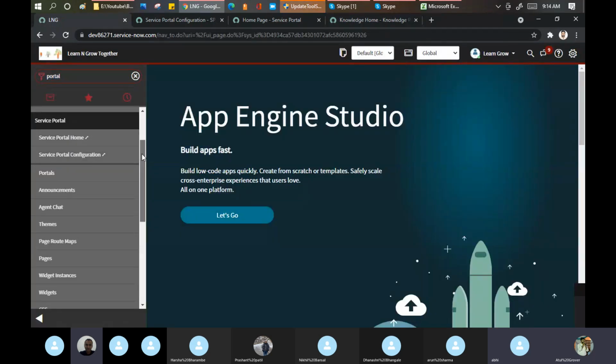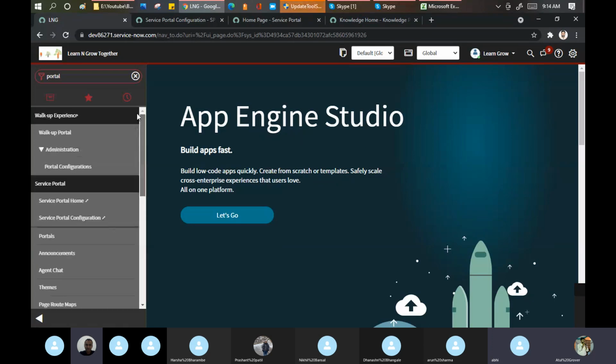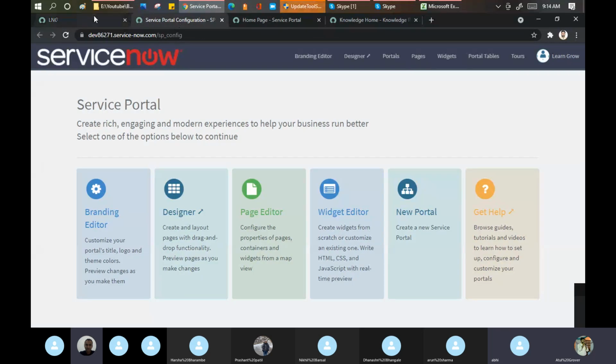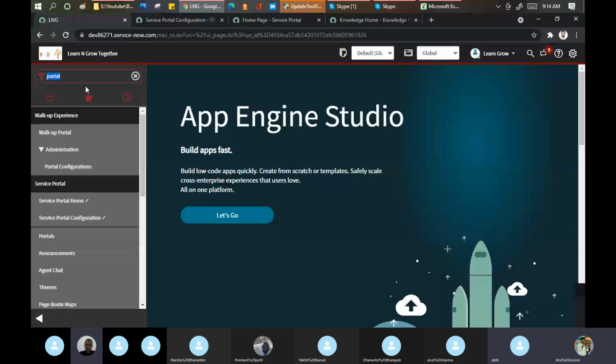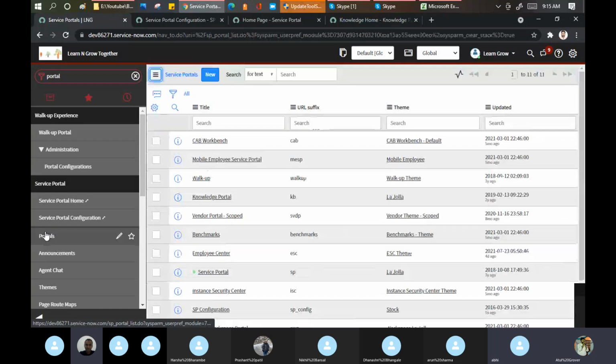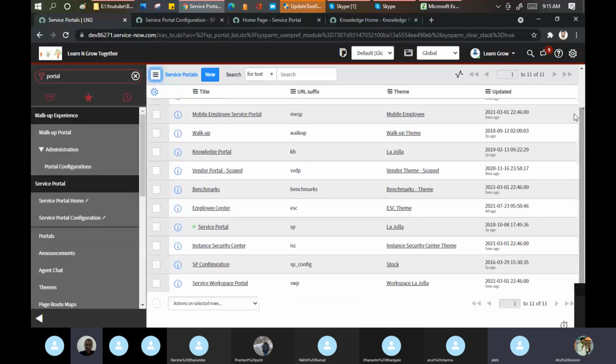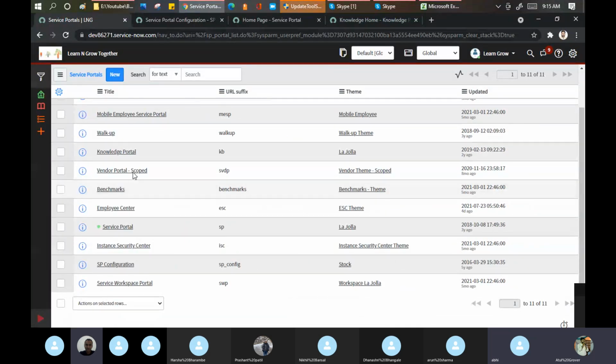Portal, and where has it gone? Let's not go on the portal configuration, not here. This one, portals. These are the portals given by ServiceNow to me.